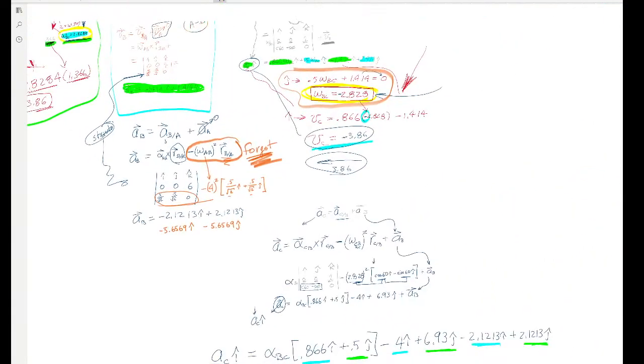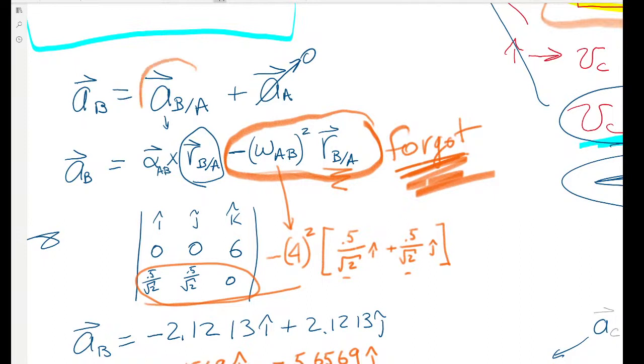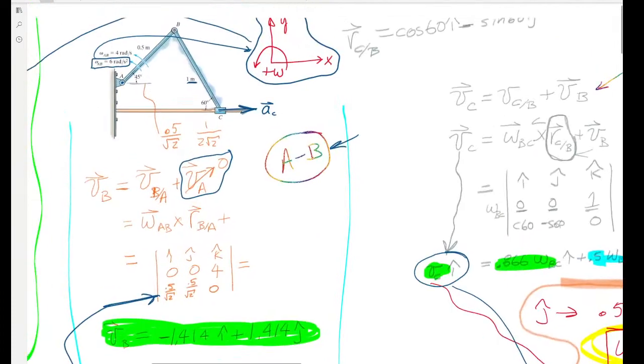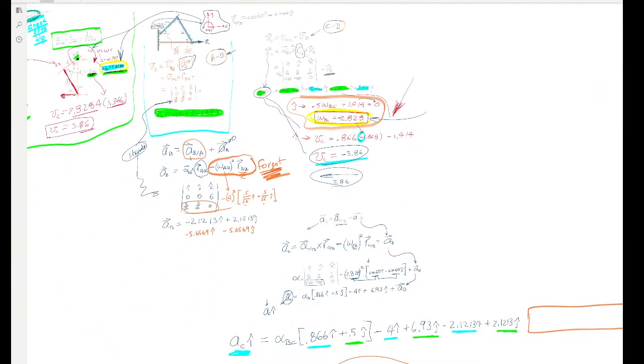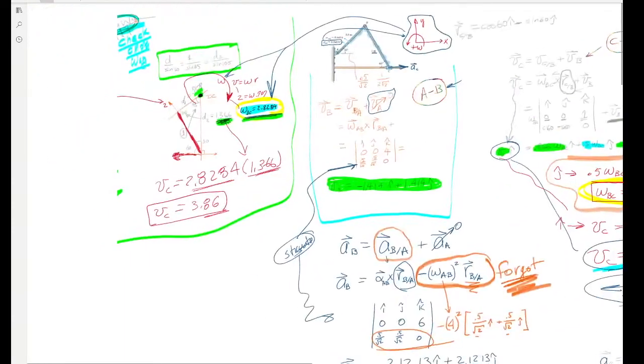Now, let's make sense of this, just that term. What is this term? This is the centrifugal acceleration. If you look at the vectors, this vector, okay, let me zoom in on it a little bit. This is actually the acceleration of point B as if you were sitting at A. So if I were sitting at A, that's kind of silly, but here, let's look at this. The centrifugal acceleration